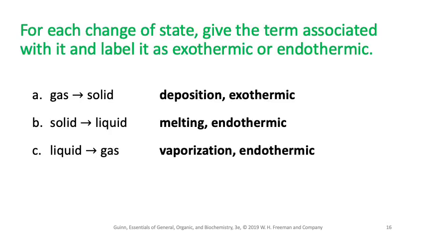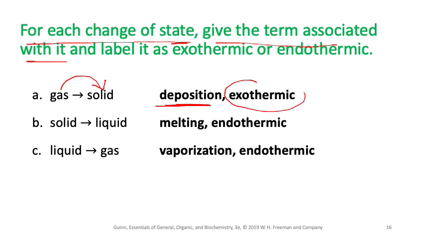So now let's try to do some problem on the basis of the concept that we just discussed. The problem says, for each of the change of state, given the term associated with it, and then label it an exothermic or endothermic reaction. So the first problem says if the state changed from gas to a solid. So now we know this is from the gas to solid without going through a liquid form. This is deposition. And the gas coming back to a solid form is an exothermic reaction, because energy has